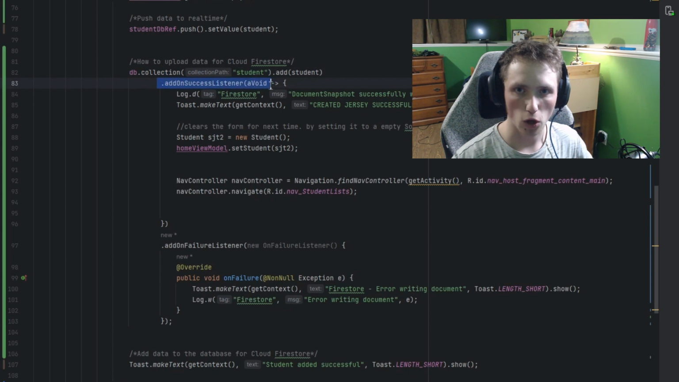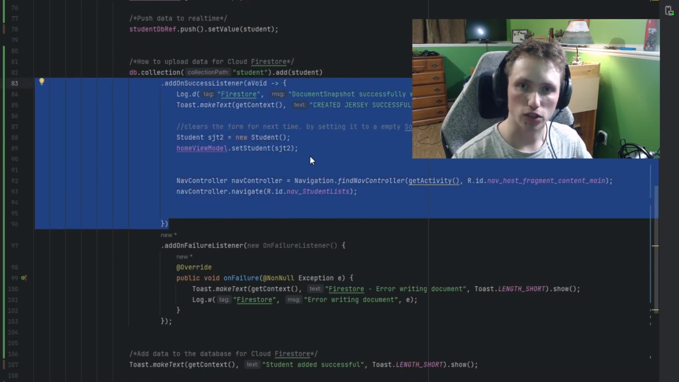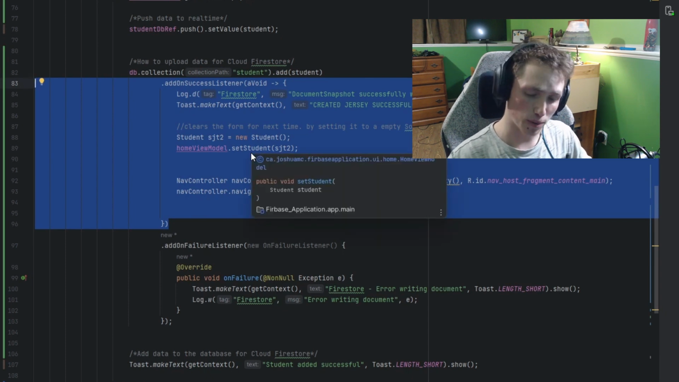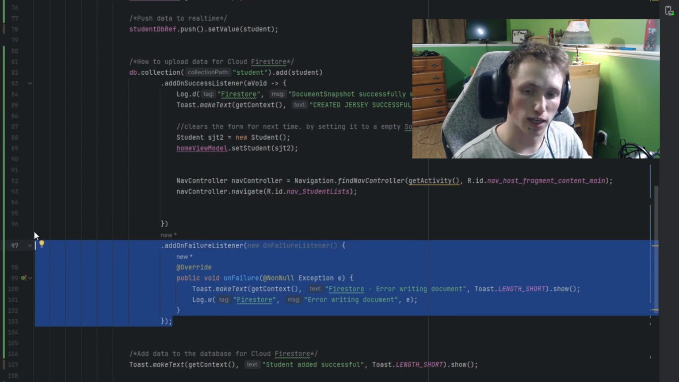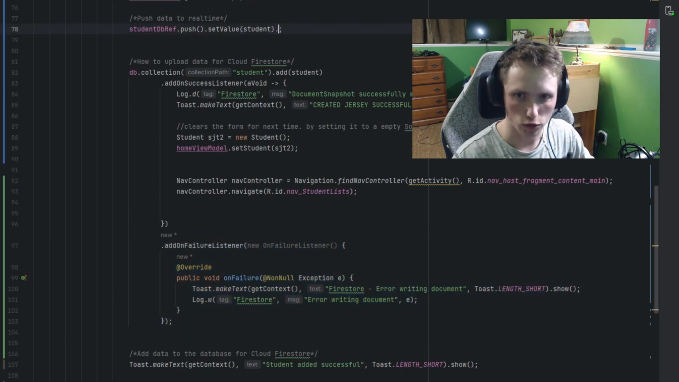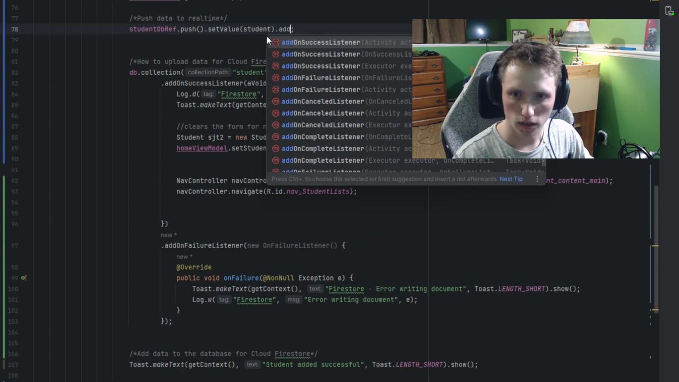These methods down below are optional, but they are run when the student or object is either successfully added, or if it failed to add to the database. They're the same methods for both. As you can tell, if I do set add on access